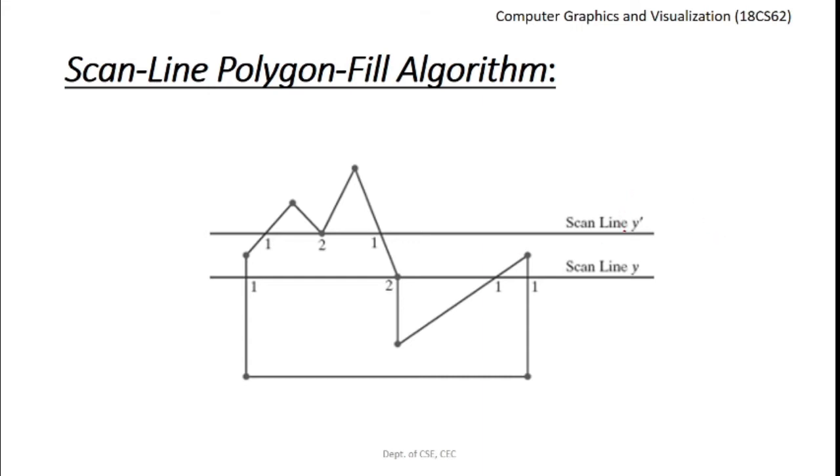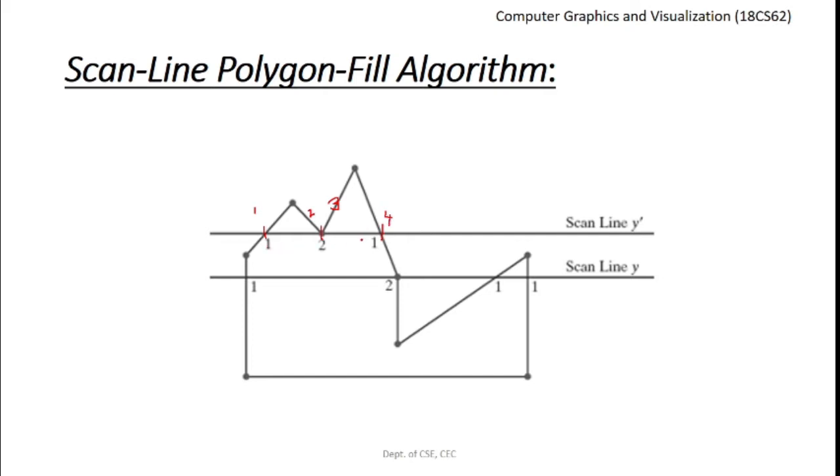Let us first try to understand the intersection of the scanline y dash against the polygon boundaries. We have the first edge intersection here. We have the second edge intersection here and the third edge intersection here. Now, the question arises whether we need to consider both these edges as a part of identifying the number of edge intersections. For the time being, let us consider both the edges. We have one edge here and one more edge here. So we can consider this as the second edge intersection. This has a third edge which will be intersected, and this will be the fourth edge intersection. So there are a total of 4 edge intersections here.